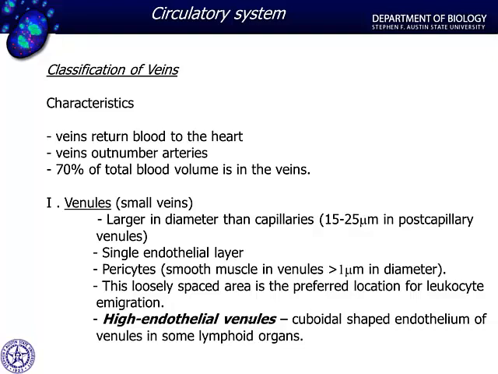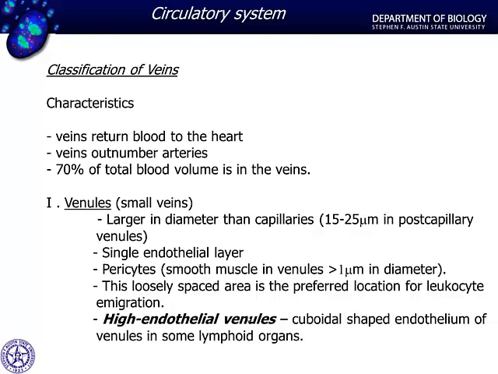Now, once we leave the capillary bed, we're moving into the venous system. And so we're going to start small and work back. We started with the large elastic arteries, went into muscular arteries, large muscular, small muscular. We were in arterioles, went past the meta-arterioles or the precapillary sphincters into the capillary beds. Now we're leaving and getting into the first part of the venous system, which are the venules, or the smallest